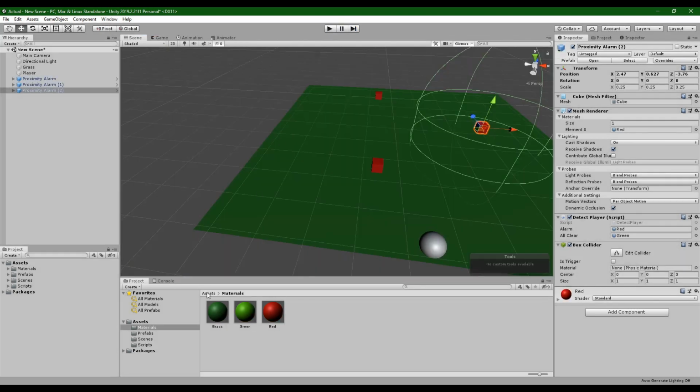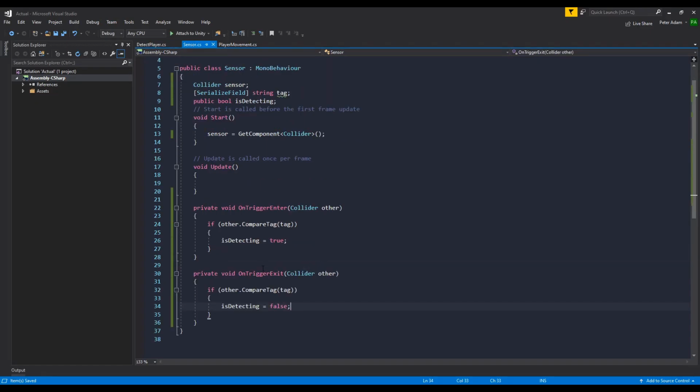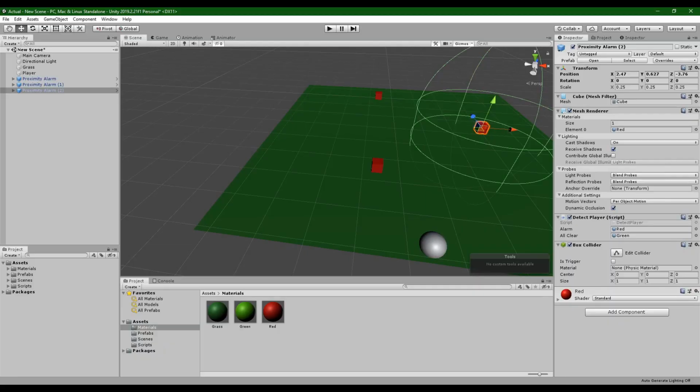However, there is a potential issue that we might run into where our player no longer exists, and it technically does not exit the collider when it disappears and is destroyed. So it never triggers our sensor's on trigger exit event. So it will always be reading as detecting, and I'm going to demonstrate this pretty simply for you here